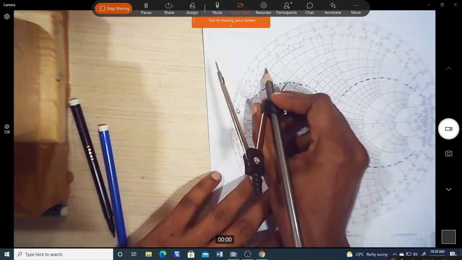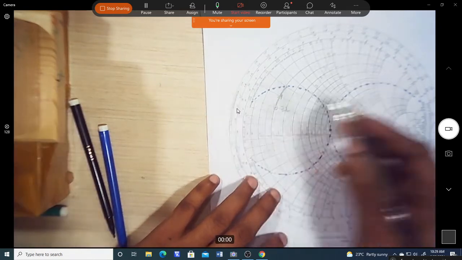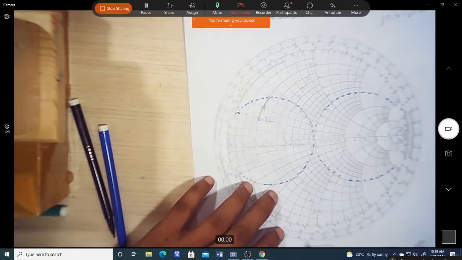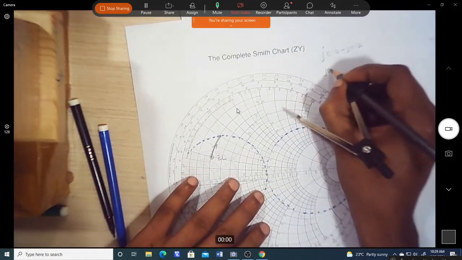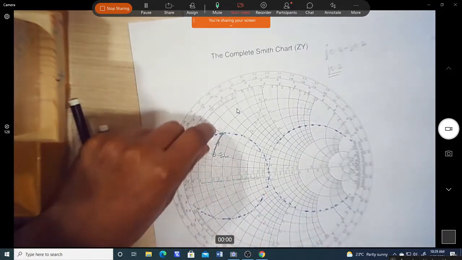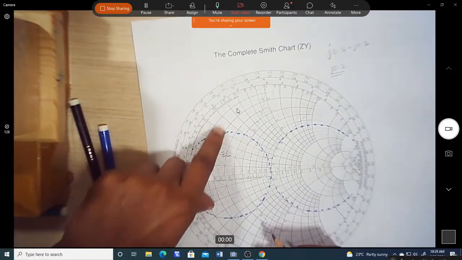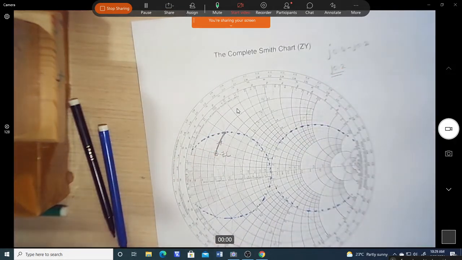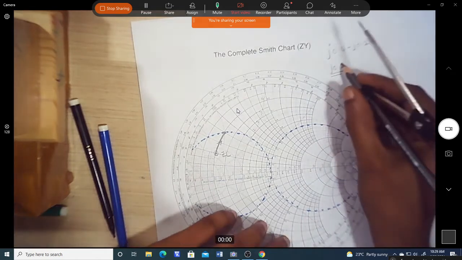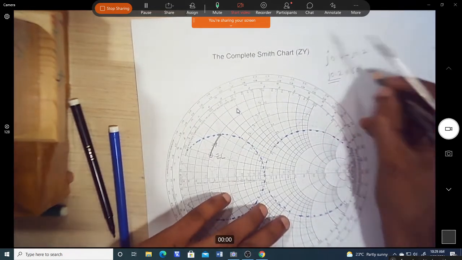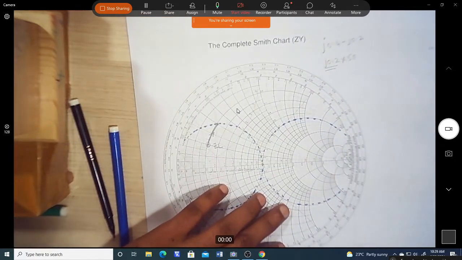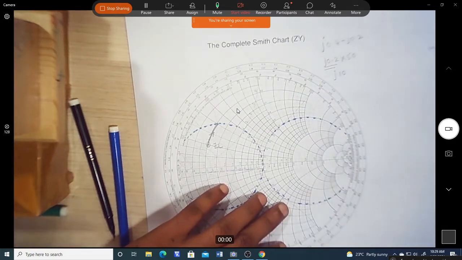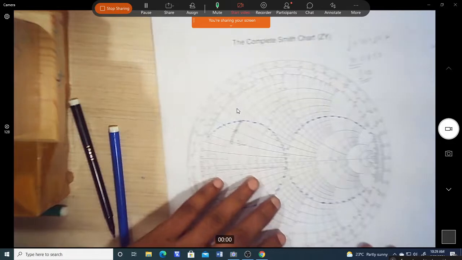This is 0.4 and this is 0.2. So the reactance value is 0.4 minus J0.2, so the resultant is J0.2. So the reactance offered by moving this much, the inductor value, is 0.2. Since this is a normalized value, if you multiply it by Z0, you will get the absolute value of the reactance, which is equal to J10. This is the value of the reactance given by the inductor.